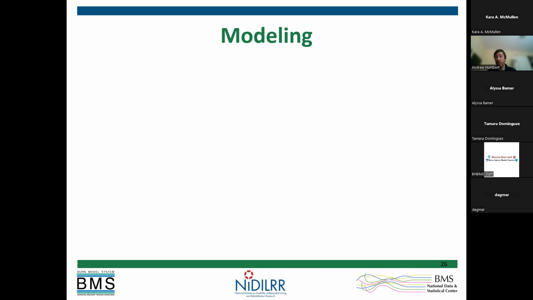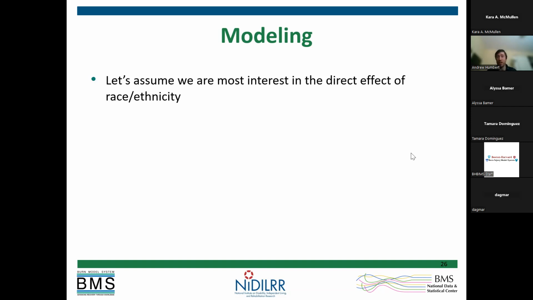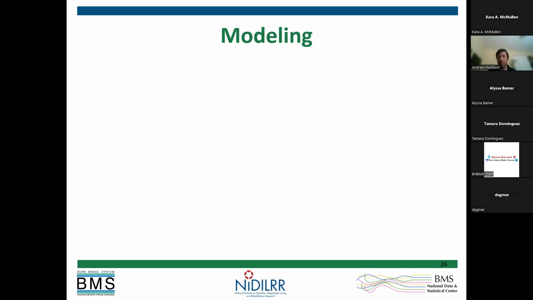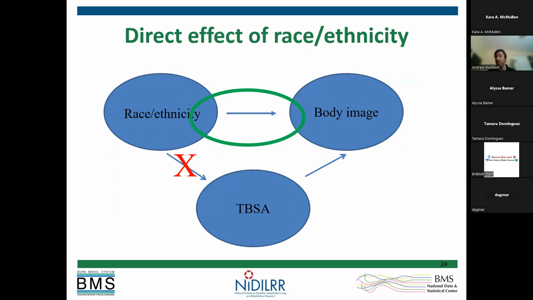All right, hearing none, then I'll just jump to the results. Again, I made a few assumptions. I presented the graphs that I used for this model, but those graphs are not the be-all and end-all. Working with collaborators, you might determine those graphs look different and you have to adjust that model accordingly. But for the analysis I'm presenting, I'm assuming that we're most interested in the direct effect of race and ethnicity. So we're most interested in this figure here.